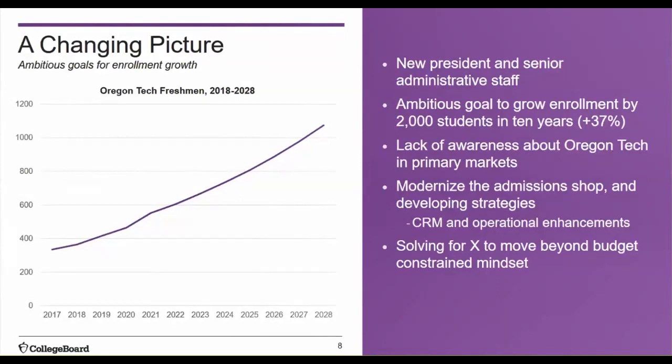Our market data suggests a general lack of awareness of the Oregon Tech brand, confusion as a vocational or trade school, with the strongest recognition in Southern Oregon, Upper Northern California, Washington, the Reno, Nevada area, and some suburbs of the Portland metro area. I like to think of Oregon Tech as the people's polytechnic. It's a great option for the AB average student.